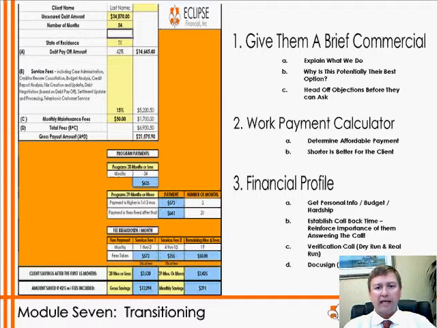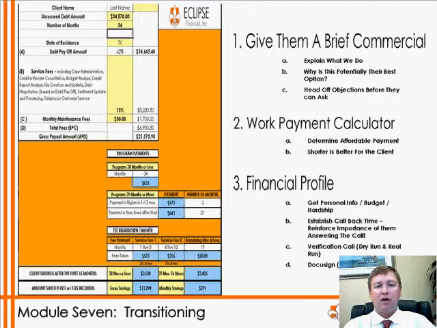Also, you want to make sure that after you get that financial profile, you're setting yourself up to win. One thing I can tell you is that generally with these calls, you want to make sure you get back to the client as quickly as possible. After you get done talking with them, they're going to feel confident that this is the right decision for them. But as time moves on, 24 hours down the road, they're going to have found 100 ways to spend that monthly payment that you just talked to them about to solve their problem. And it's going to seem less important than it did after you really hit home with how serious this problem was. So set yourself up to win.